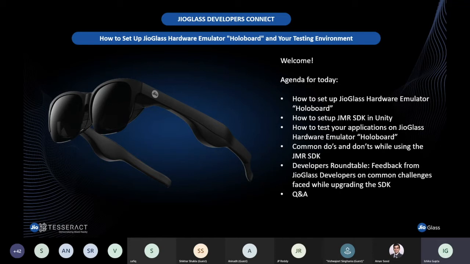After which, we have some of our key developer partners who will be sharing their experience working on HoloBoard. Some problems that they faced, how they solved them, and not all of them are actually problems. Some of them actually had a lot of fun while working with HoloBoard. And towards the end, they will also be sharing some advice about their whole development process, where they came through workarounds, and generally why they're passionate about the work that they do. And then last but not the least, we will open the floor to all of you for questions.